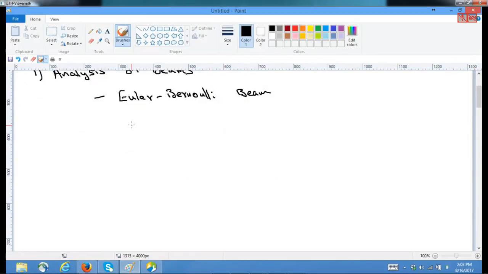Based on that and based on the statics, we have derived that M by EI is equal to 1 by rho is equal to d square y by dx square, or this we might have called as R, where R is the radius of curvature. Okay, and we also showed that